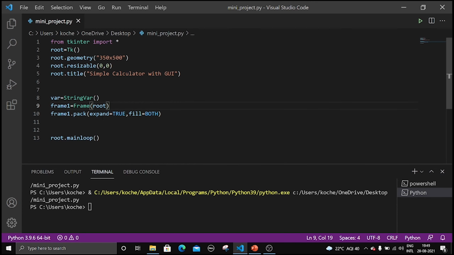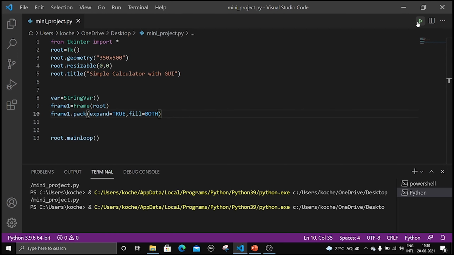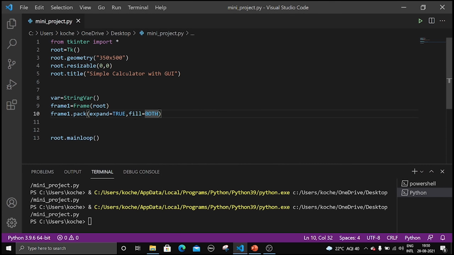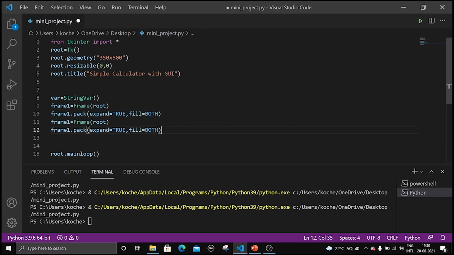Expand equal to true means whatever buttons we keep, the size automatically expands. Fill will fill the whole frame. So it will not show anything. First let me create 4 frames and I will tell you what is the use of 4 frames.